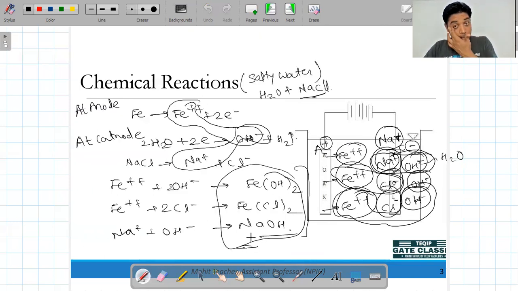But please keep in mind that in the ECM process the material is removed basically from the ion displacement only. If we are using kerosene or, for example, deionized water, then that will not remove the ions. If there is no displacement of the ions, then how will the material be removed? If we want the material to be depleted from the workpiece, then definitely in the ECM process the ion should be displaced, meaning formation of ions should be there, whether positive or negative.